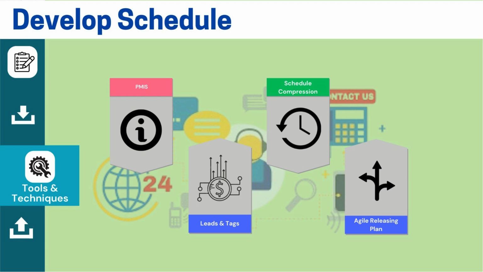If you want to fast track, you need to identify activities that can be done in parallel. Crashing, on the other hand, involves assigning more people to tasks. However, crashing may increase the risk to the project, so it must be closely monitored. These are some of the schedule compression techniques that will be discussed in detail in the PMP training program.